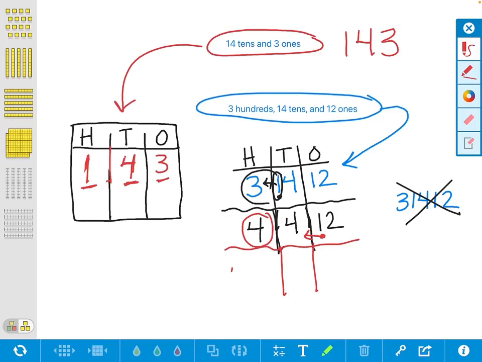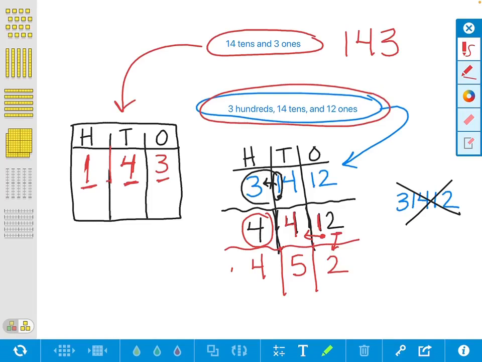So this 400 can stay the same. I'm going to write 400s. But this is going to be the number that changes because I'm going to add that 1 to the 4, and that gets me 5 10s. And then now I'm left with the 2 that can move down and 2 1s. So on this particular